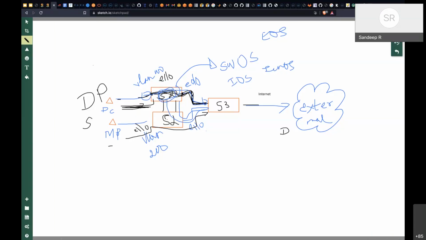There is some software which decides what to do, and some of these things may also happen in hardware because of the speed, to ensure that the packet keeps going from one part to another part.